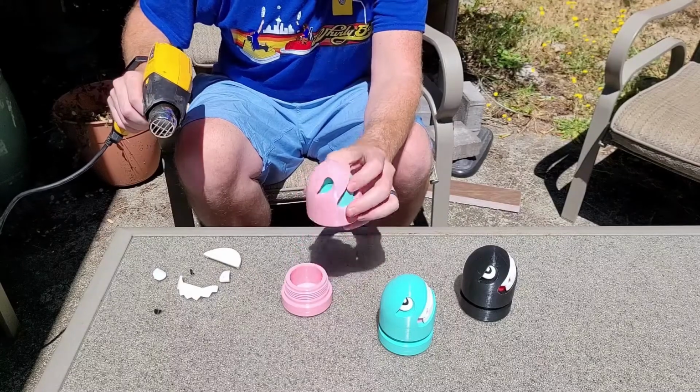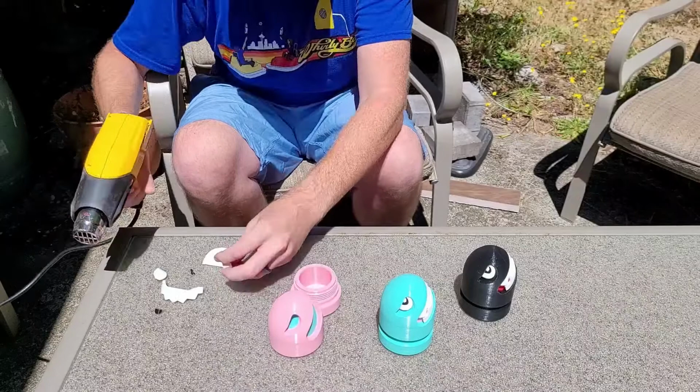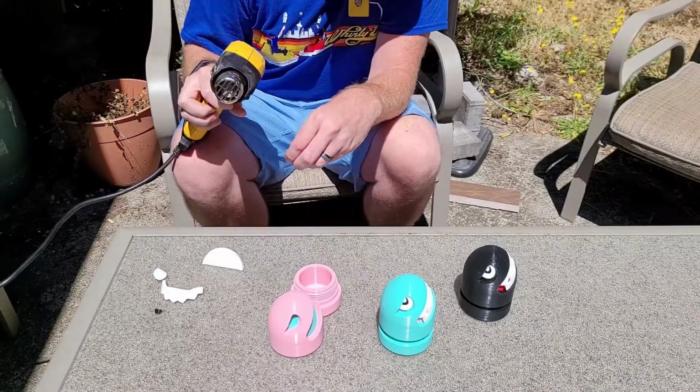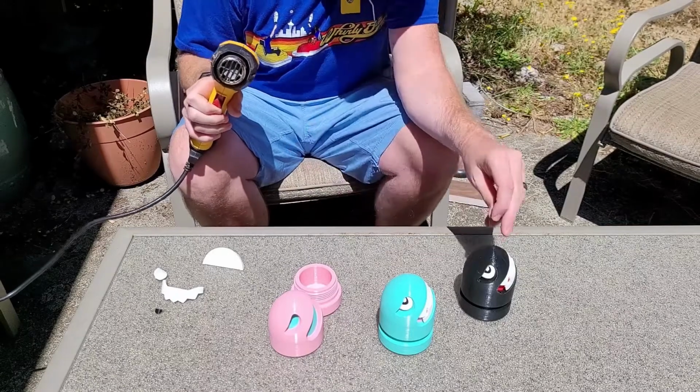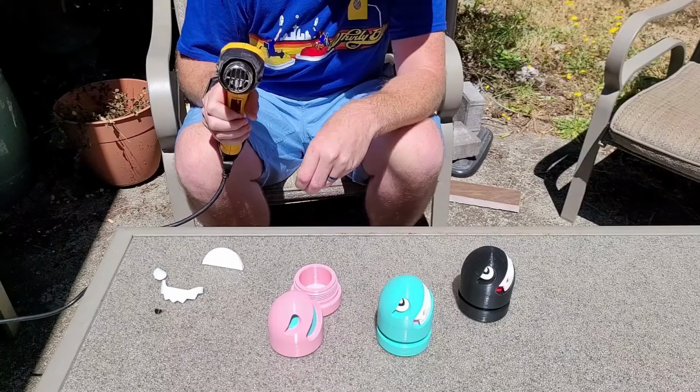I already did the insert for this guy and I already put it in. So what I'm going to be doing is I'm going to be putting all the parts together. I'm going to show you how I did it, and then next time we see you guys, you'll be getting Hayden, you're getting the black, Chloe, you're getting the pink, and Auntie Tiffany is getting the green, blue